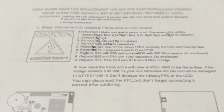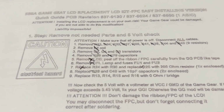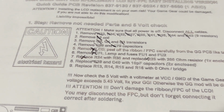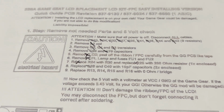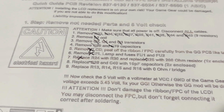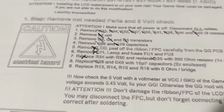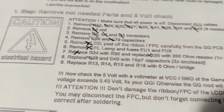All right, so it's been a few days since I shot the last segment of this video here. There was just a lot involved and it probably would have been a 4-hour video, so I'm just showing you what you need to remove. The last segment would show you everything you need to prepare your Game Gear for receiving the mod